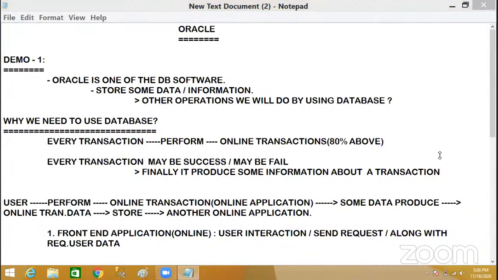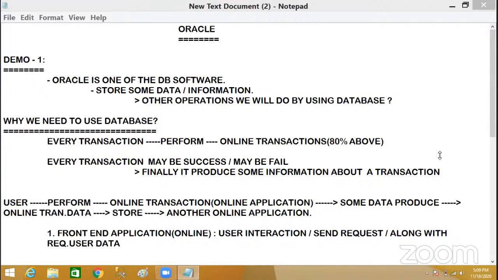One of our friends, Arun Kumar, is asking: sir, is there any certification on Oracle? Yes, of course, we have a certification also, Arun. But there are two ways. One is that Naresh IT management people provide an Oracle course certificate. That is different.